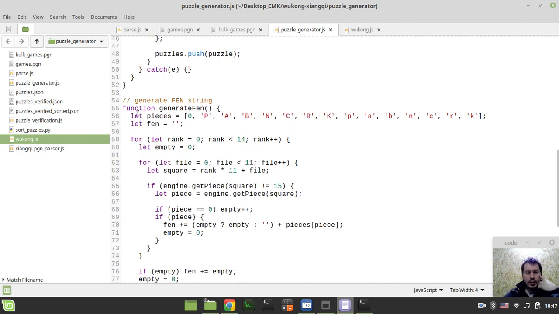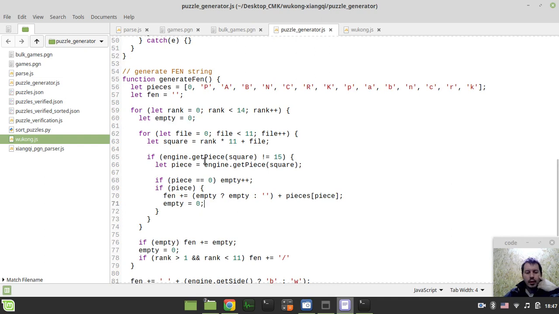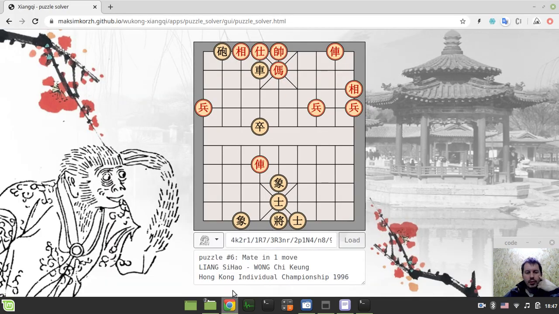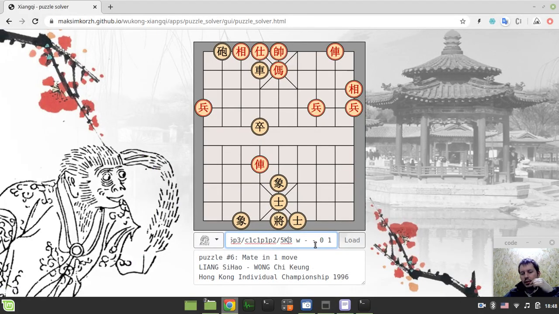Here I drafted the function to generate the FEN string. Just to give you an idea of what the FEN string is, this is the FEN string. We have the board position, the left part, and then the side to move. The rest can be ignored, it doesn't matter much. For international Western chess, this makes sense,